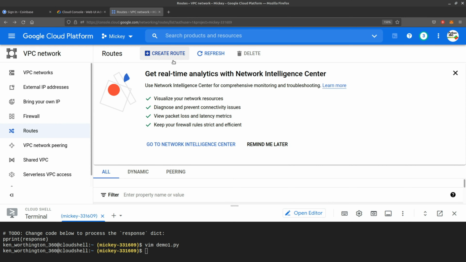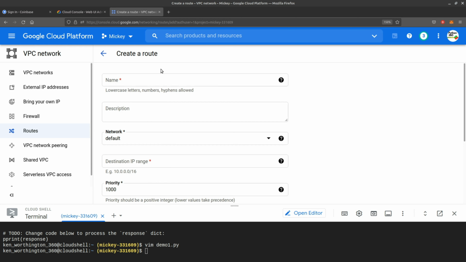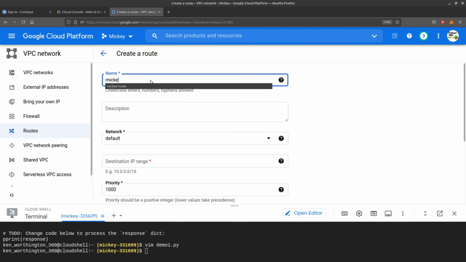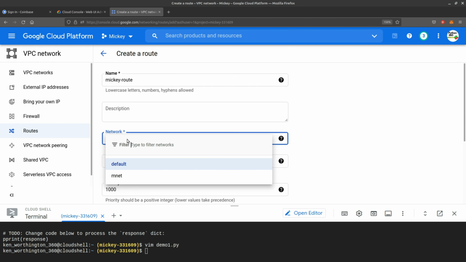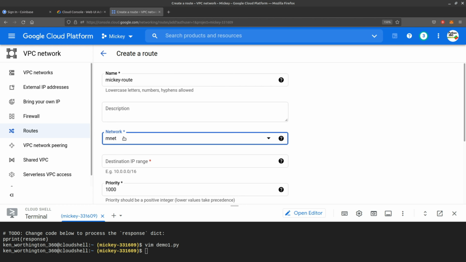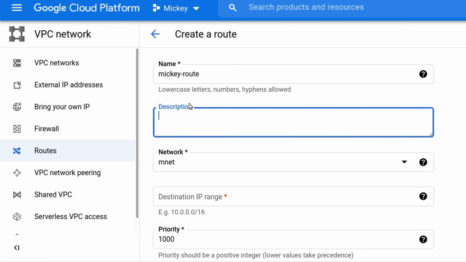Oh, I've done a route. I've overlapped. Let's do the Mickey route. Let's do something entirely different then. So the default network. So create a route from Mickey to, let's say